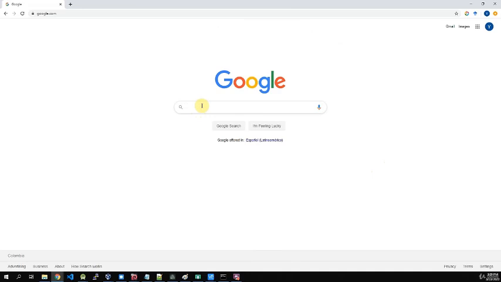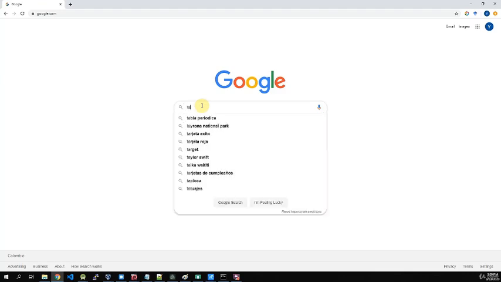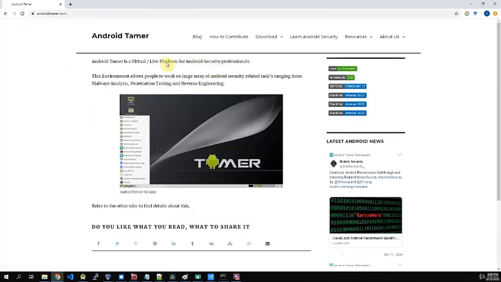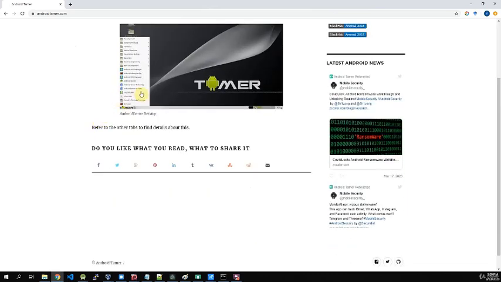Okay, so in this section, we showed you how to install a number of Android analysis tools. But there is also the option of downloading a VM that comes pre-installed with most of the tools we mentioned. So a popular one, for example, is Tamer. It is a virtualized platform for Android security professionals. So basically, it is a virtual machine with all the required tools pre-installed.